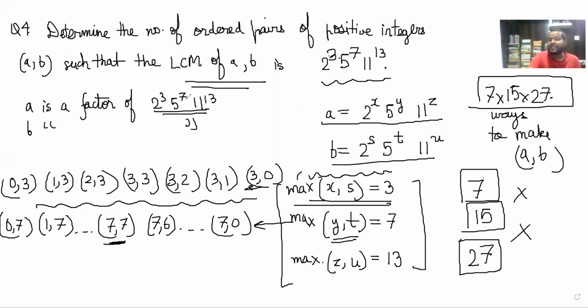You can take a smaller number and check this hypothesis out yourself. Like take a smaller number, 2 power 2 and 5 power 3, and see how many numbers A and B you can deduce. Follow the same steps. See how many ordered pairs A and B you can find for which you will get the LCM as this, right? Confirm that for yourself. You will realize that this result is correct.